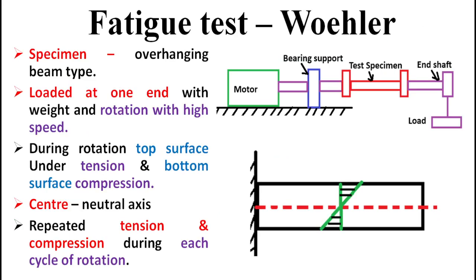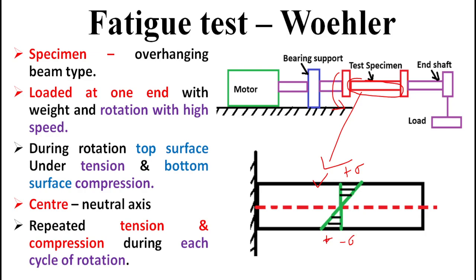The first one is where the specimen is fixed as an overhanging beam type. One end is loaded with weight and rotated at very high speed. During rotation, in an enlarged view of the specimen, the top side of the specimen is elongated under high tension, and the bottom surface is under